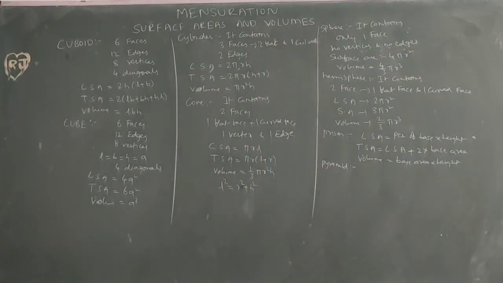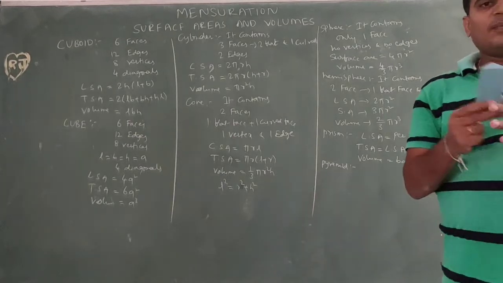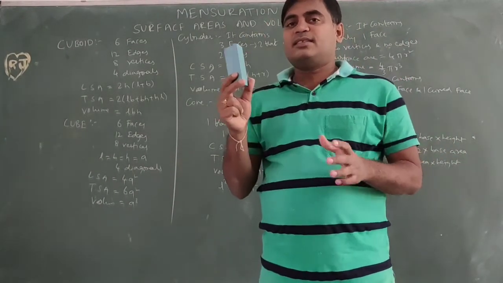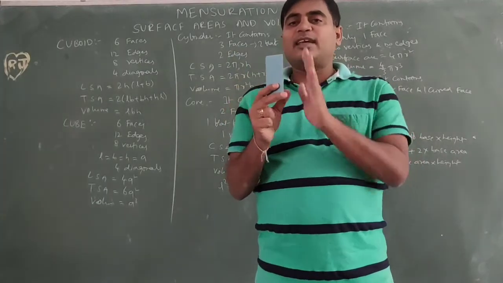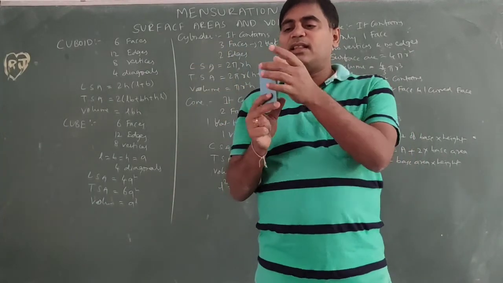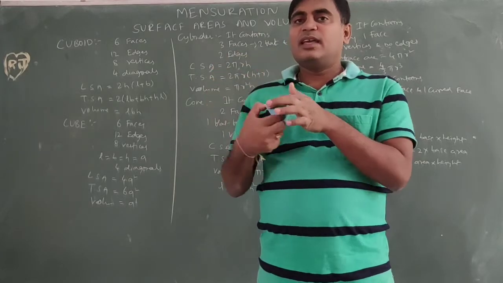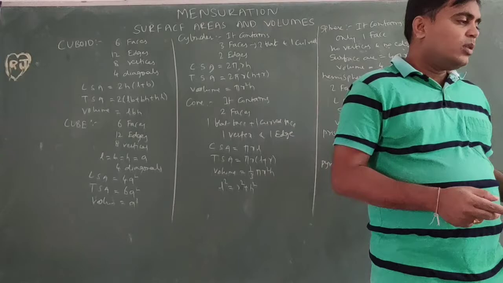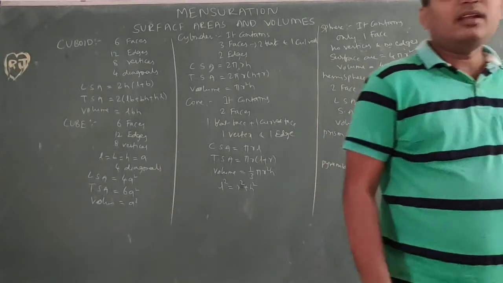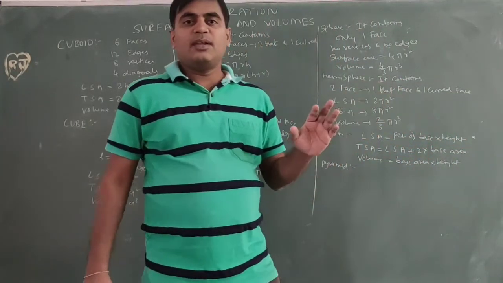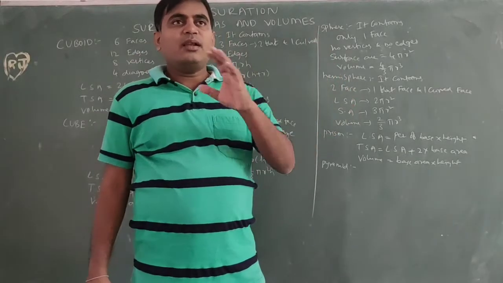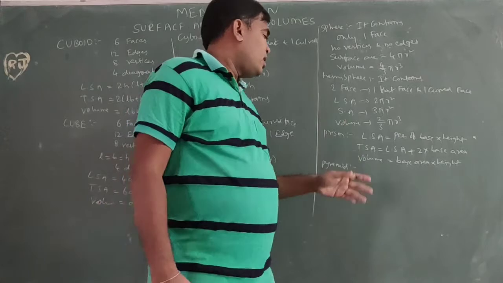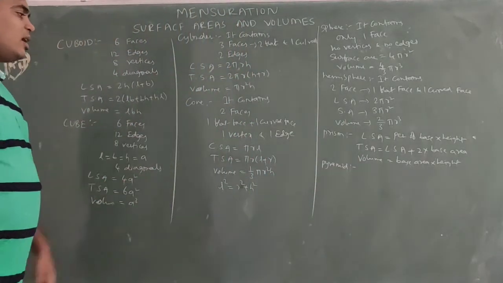Next, if we observe the prism, whenever we cut, we get a triangle of equal size. The size won't decrease. The lengths remain the same wherever we cut. So this is the difference between pyramid and prism. Pyramid decreases and towards the end we get a vertex. Now, cone is a pyramid.